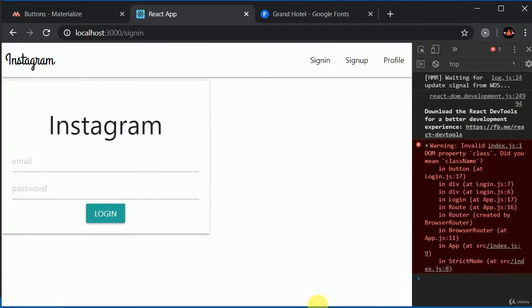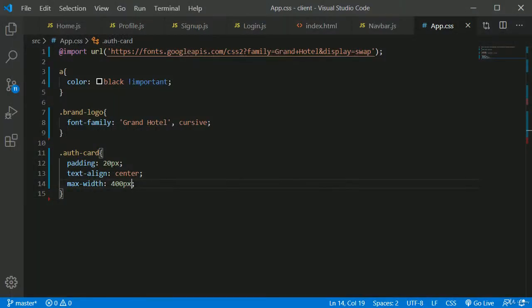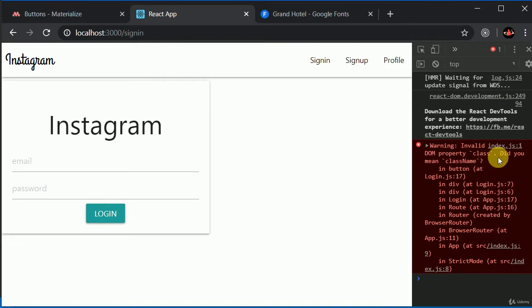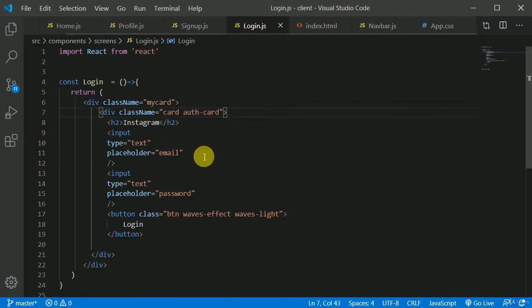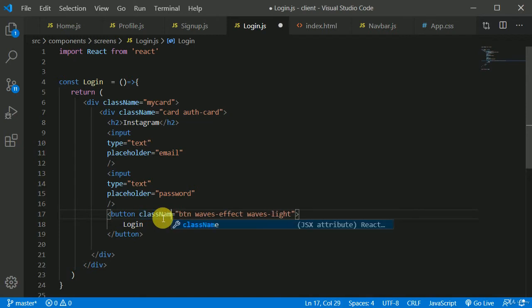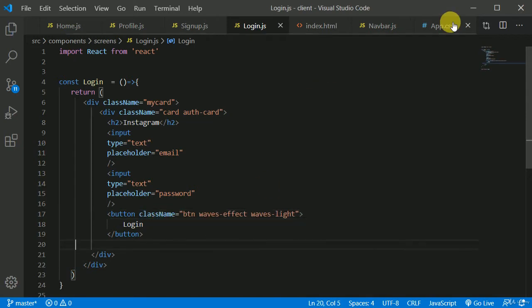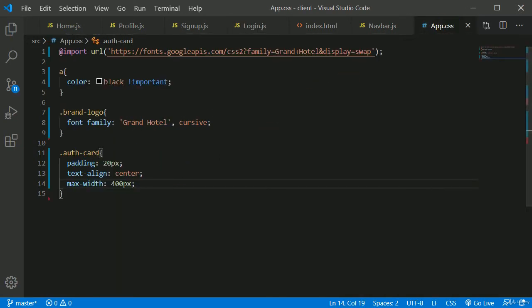Okay, so it is beautiful, isn't it? Now I want to center this. Again we have this class written on the login on line number 17. Yeah, here. So let's change this as well. So now let's center this card.